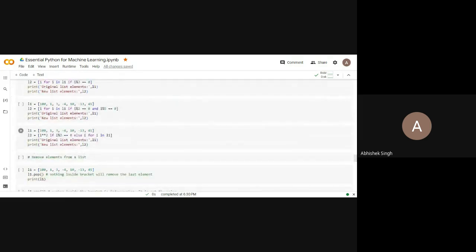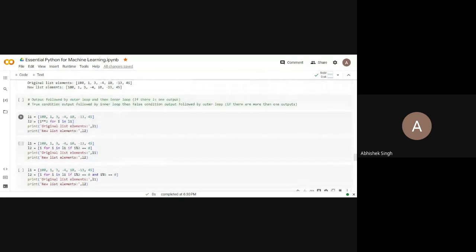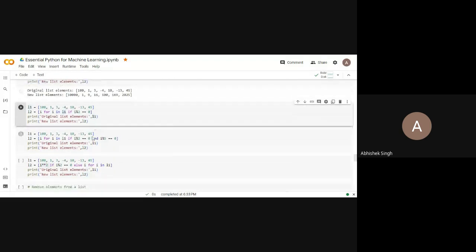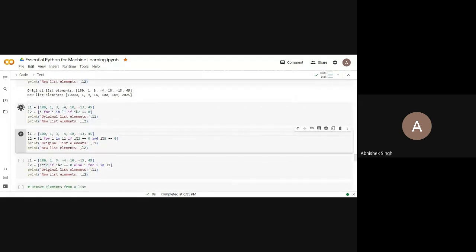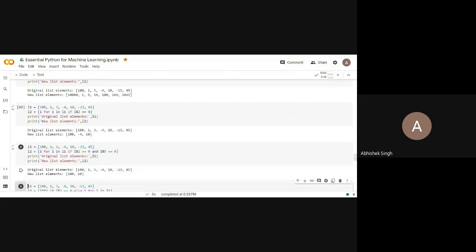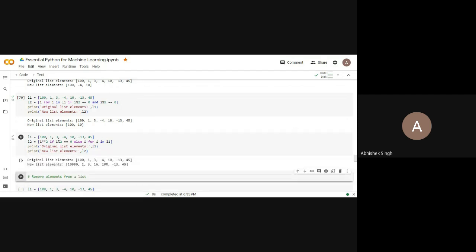Let's see. Here it is. First if condition output followed by inner loop, and then else condition output followed by outer loop. So just let's run all these things. The outputs will be same. I'll share this notebook in the WhatsApp group with all so that you can later on see and practice.